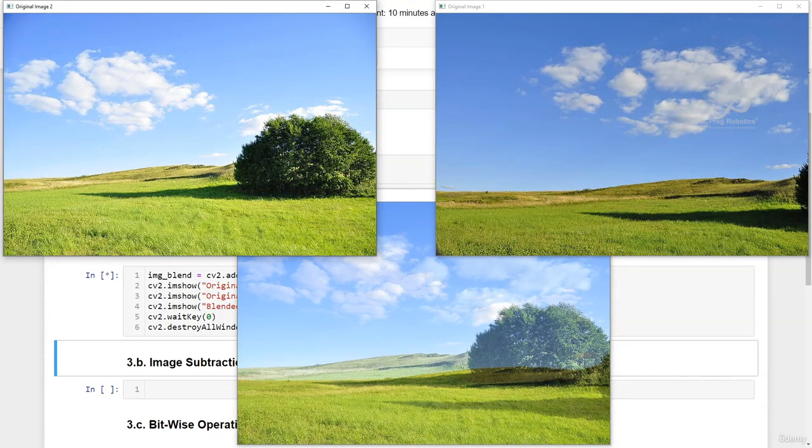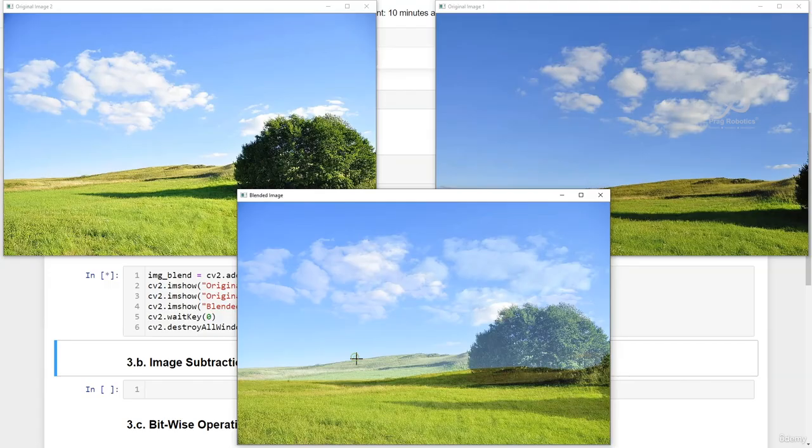Okay, so first on the top left is my original image 2, the top right is my original image 1, and in the center I have kept the blended image. So as you guys can see, we are having both image 1 as well as image 2 present in our